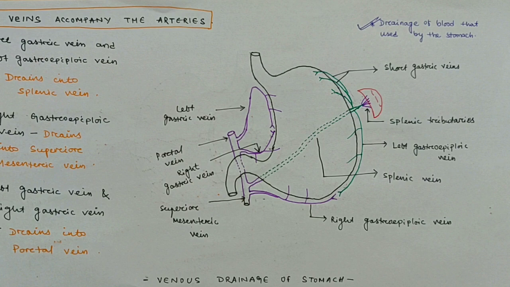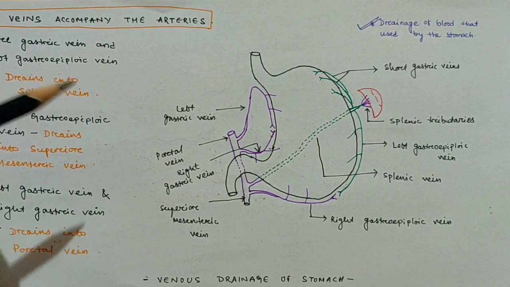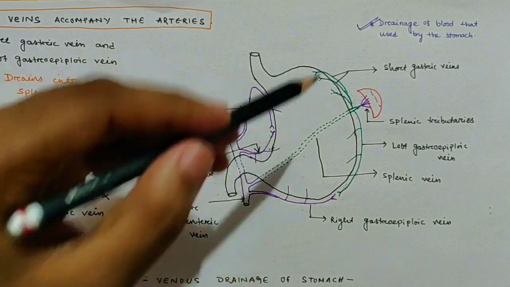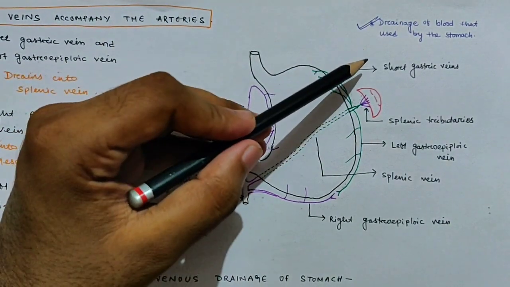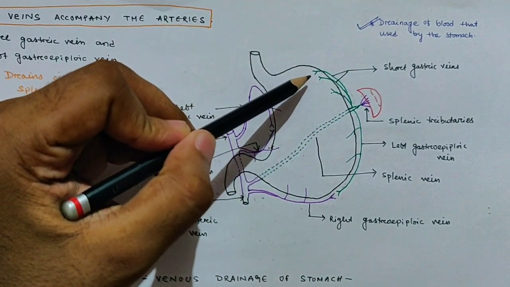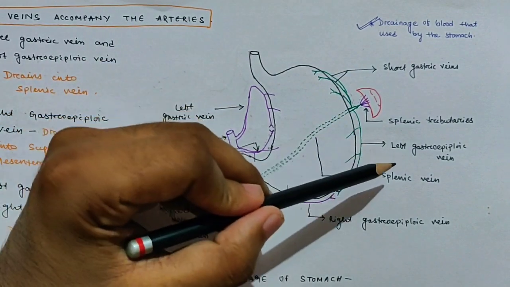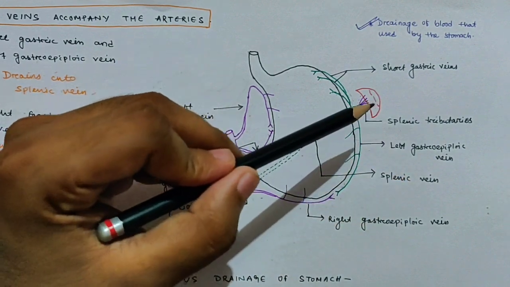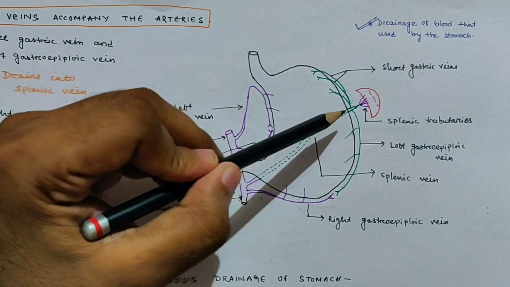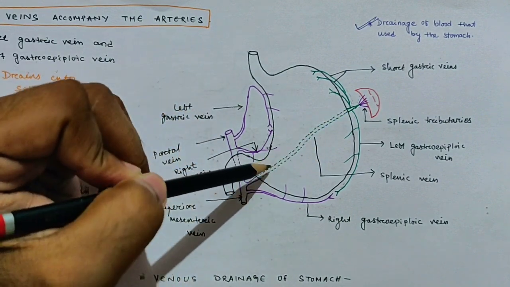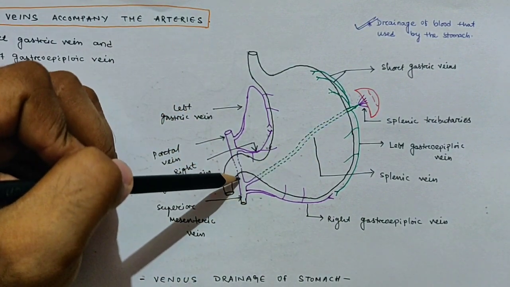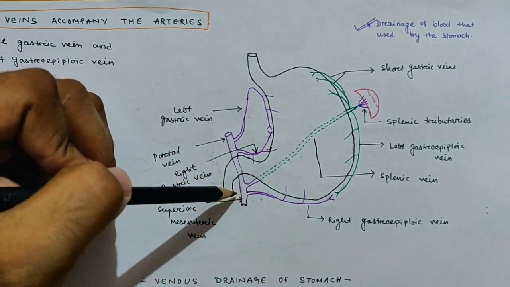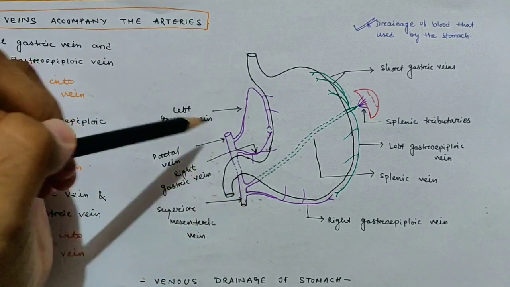Now we will see the venous drainage of the stomach. Venous drainage simply means the drainage of the blood that was used by the stomach. Here, the first group, the short gastric veins from the greater curvature, the left gastroepiploic vein from the greater curvature, and the tributaries from the spleen, all three drain into the splenic vein, and the splenic vein drains into the superior mesenteric vein. The right gastroepiploic vein drains directly into the superior mesenteric vein, and the third one,